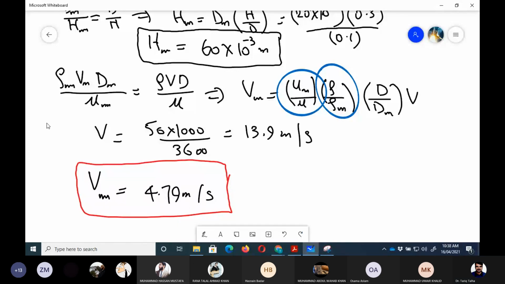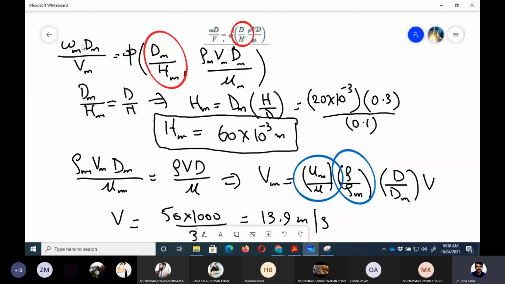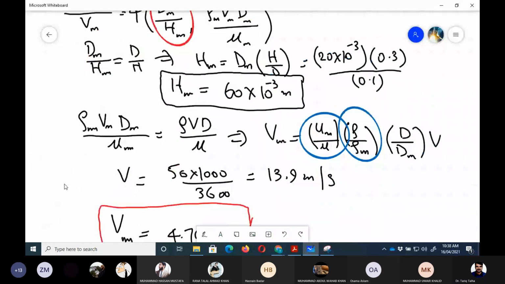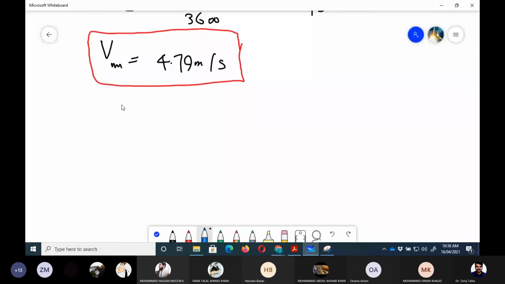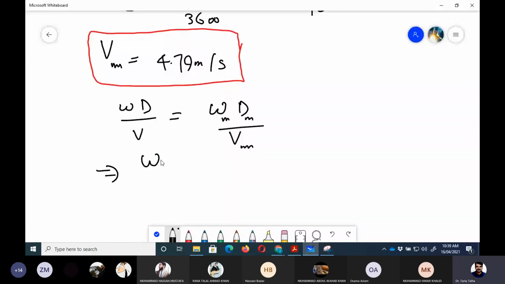We have omega D upon V and omega m dm upon Vm, so we need to equate them. Right, so from here, omega would be equal to